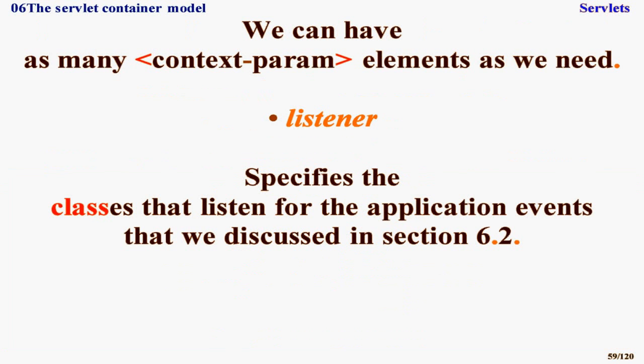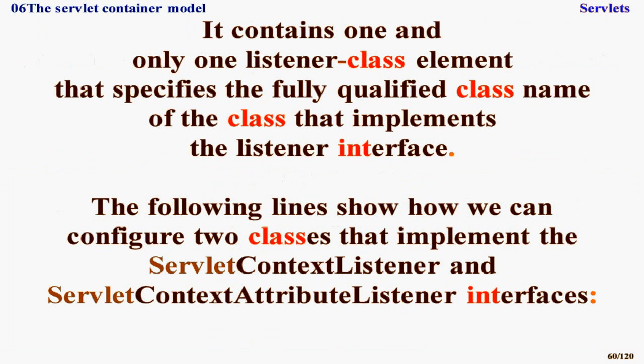We can have as many context param elements as we need. Listener specifies the classes that listen for the application events that we discussed in section 6.2. It contains one and only one listener class element that specifies the fully qualified class name of the class that implements the listener interface. The following lines show how we can configure two classes that implement the ServletContext listener and